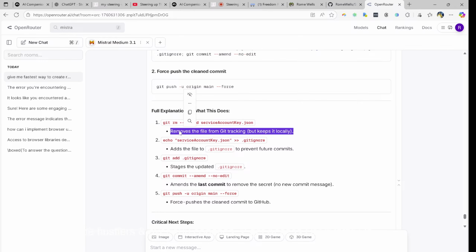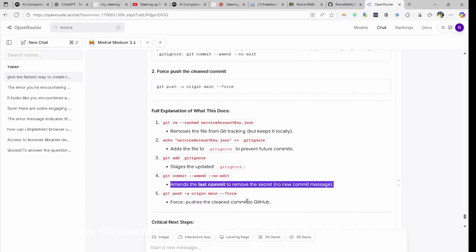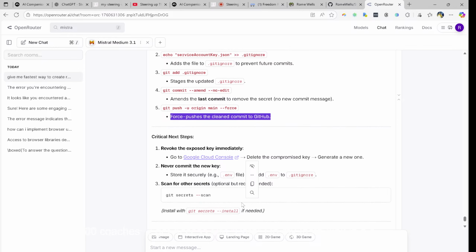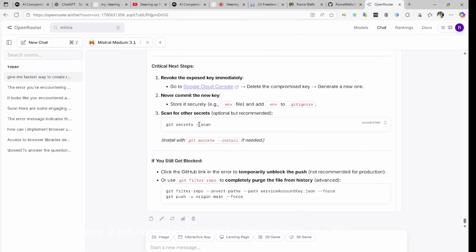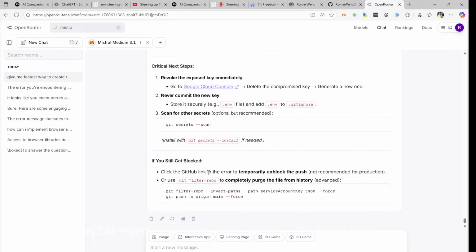Full explanation of what it does. Removes the file from Git tracking. Okay, adds the file to Git ignore. Okay, stages the updated Git ignore. Okay, amends the last commit to remove the secret. Git push. Okay, critical next steps. Go to cloud, delete the compromised key, generate a new one. Okay, that's cool. Scan for the secrets, recommended. Okay, store securely. Okay, if you still get blocked, click the GitHub link in the error to temporarily unblock the push. Okay, not recommended for production, etc. Okay, so